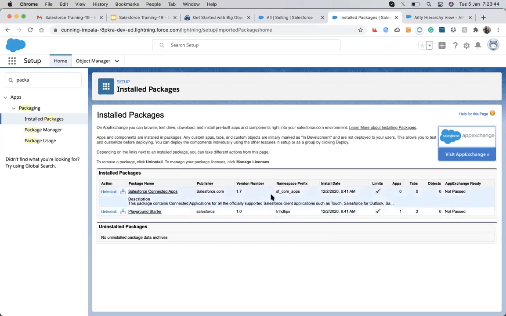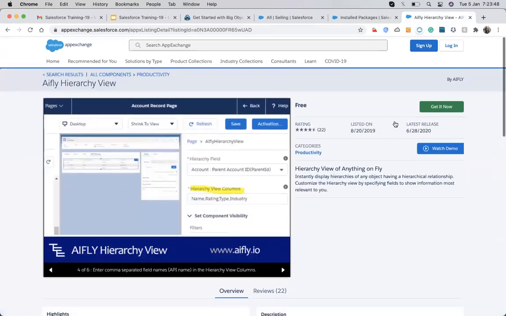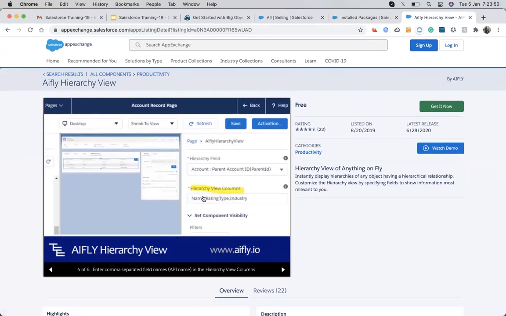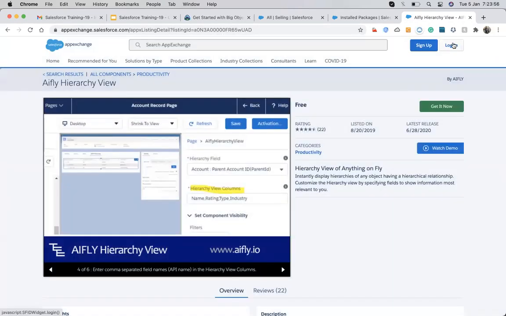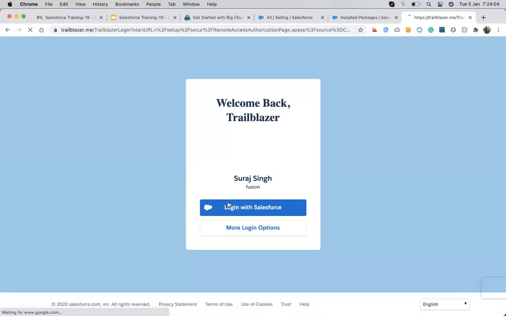So whenever we install any package from here, these are all called packages. Whenever we click on Get It Now, let me first install it so you can become familiar with how we are installing and using AppExchange in our org. Let me sign in.